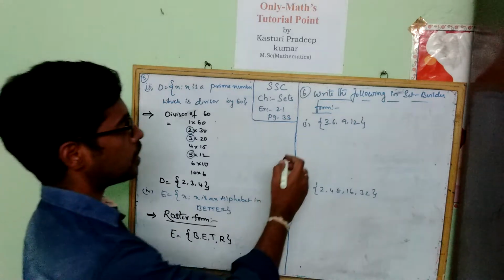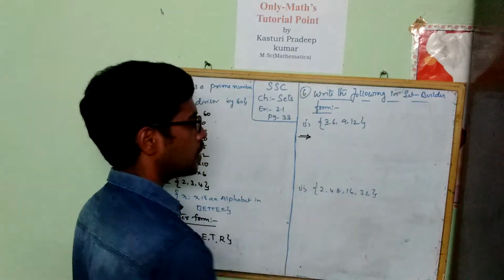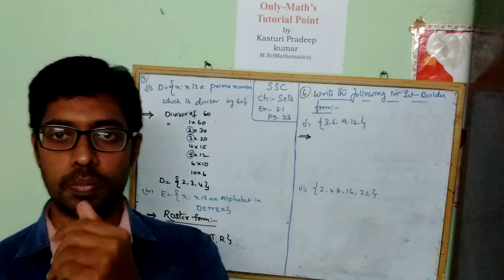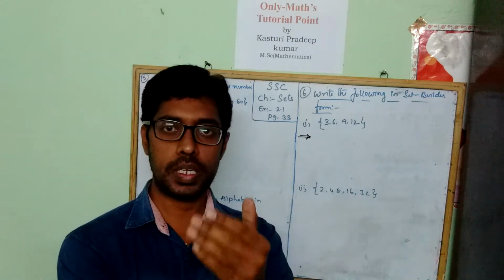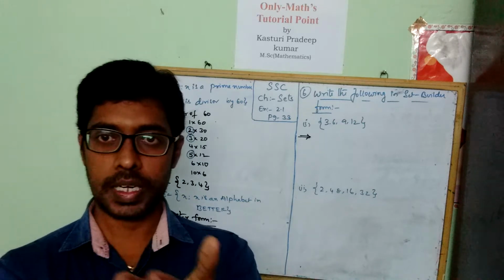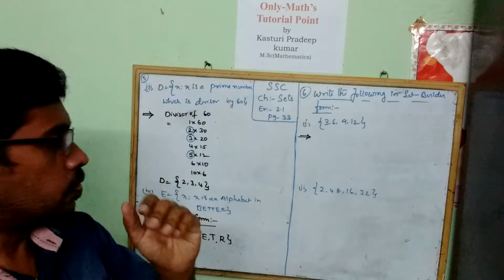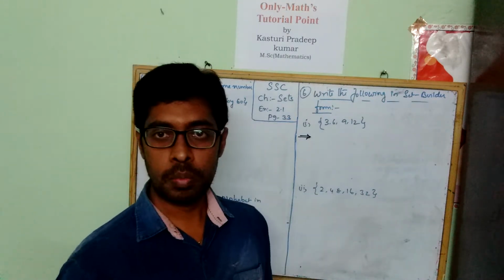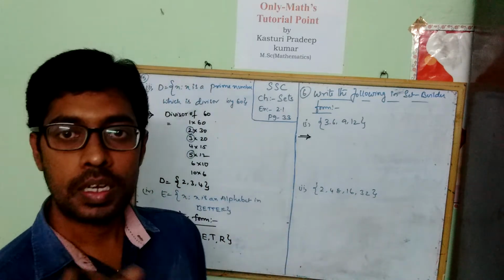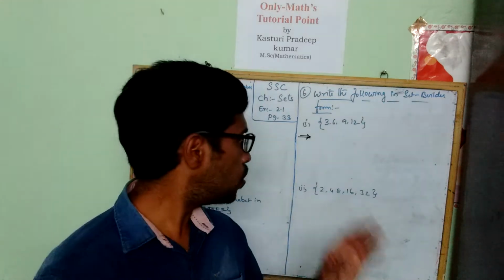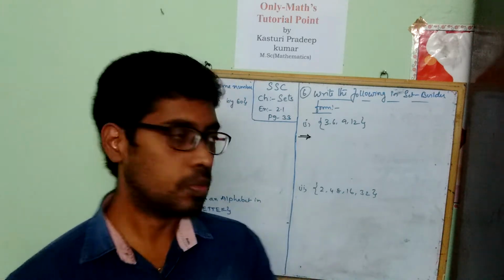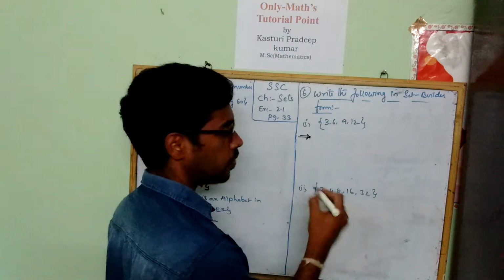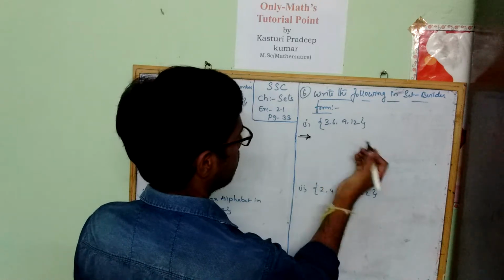Now coming to set builder form, sixth bit, write the following sets in set builder form. In the previous video also we discussed that it will follow certain syntax, certain rule, condition. So how to write it? So what is given here? 3, 6, 9, 12. So it is talking about multiples of 3, up to 4 times. So how to write? You can give any name for the set, guys. So I am giving as A.